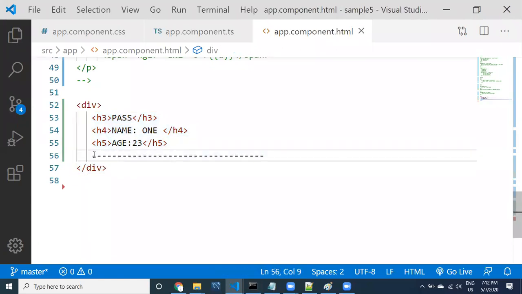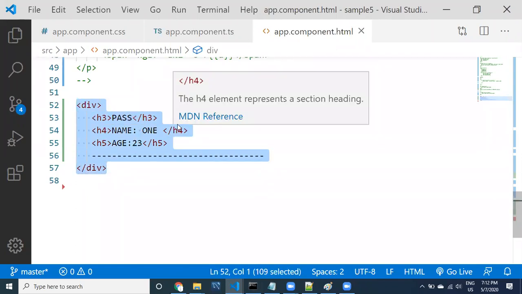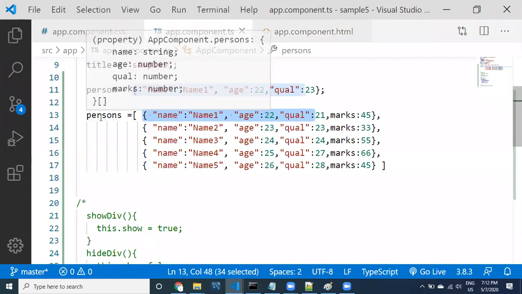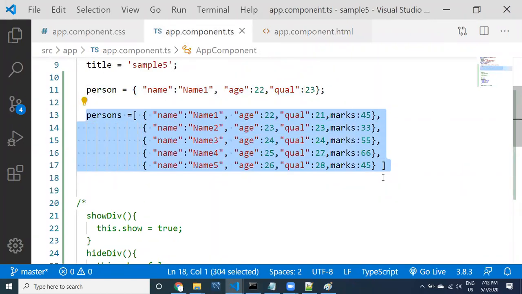Each div is separated with this line. I have to repeat this div. How many times I have to repeat? That should be dynamic. That should depend upon how many persons are there. Those many divs I have to display.